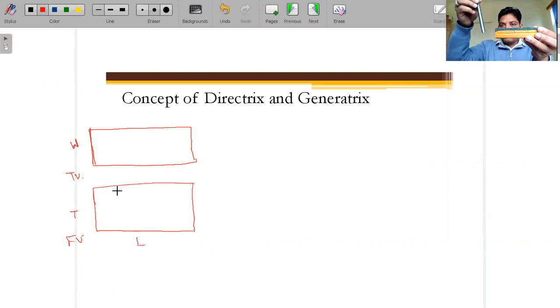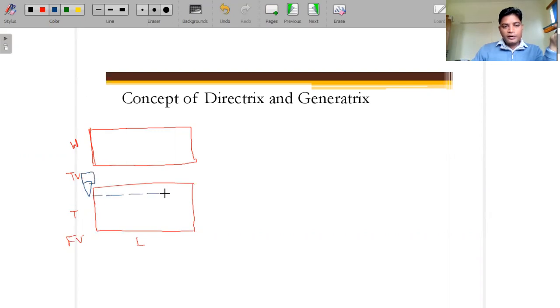As I said, we are removing not the complete material but only the green part. So we have to maintain some depth of cut. Here we are taking the single point cutting tool, mounted on the tool post, and this is the depth of cut, or the thickness, we have to remove. Now if you see from the top view, when you hold this single point cutting tool like this and move in this direction, you can see that the width of this workpiece surface is quite greater than the width of this single point cutting tool.